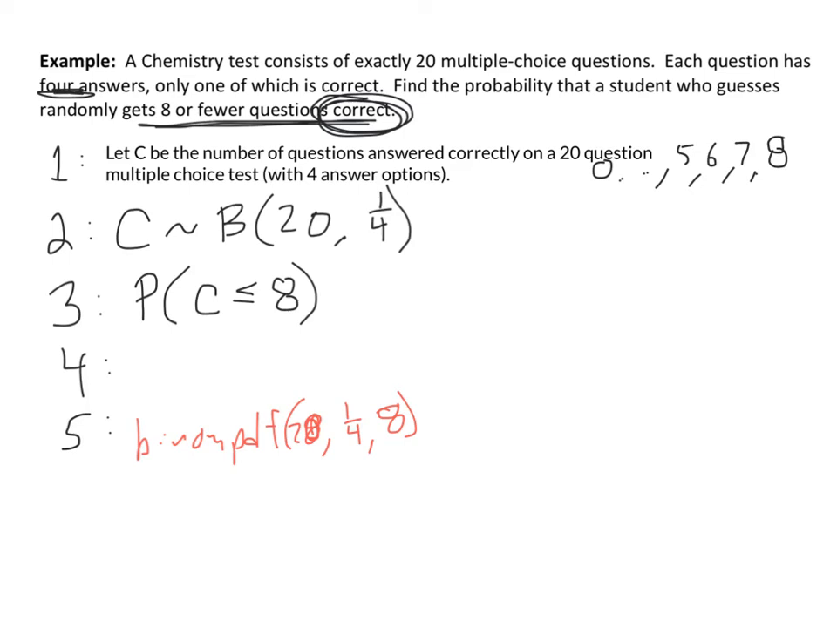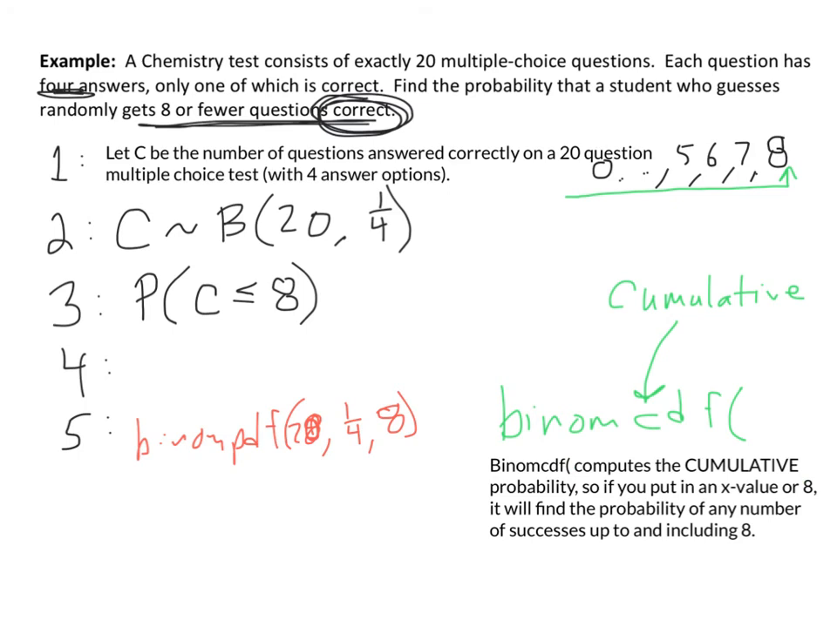So instead, we're going to use Binomial CDF. What that C stands for is cumulative. When you use Binomial CDF, it will automatically find you all of the probabilities up to and including the value that you give. So again, Binomial CDF computes a cumulative probability. If you put in an x value of 8, it'll find the probability of any number of successes up to and including 8. So on our calculator, if we put in Binomial CDF, 20 trials, individual success of 1/4, and then 8, it will come back and tell us that this is a